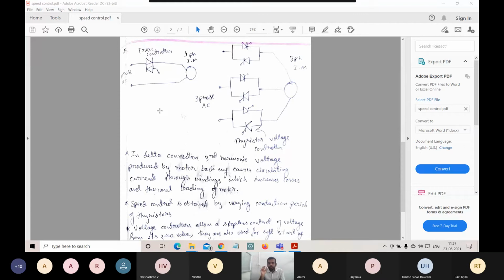Because of the poor efficiency of the resistance control, we can use it only like that. Resistance control means potentiometer control, that is our conventional method of fan control. There we were using resistance control. This resistance control is poor in efficiency. That's why we switched to electronic based, that is triac control.